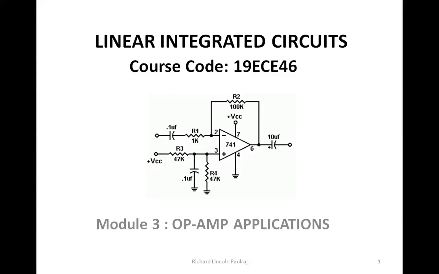We'll look into all those, and along with that, we'll also look into log and antilog amplifiers, and how they can be utilized in that configuration. With the help of an op-amp, we'll see how to use it as a voltage source, current source, precision rectifier, limiting circuit, and sample and hold circuit. I think you would have done sample and hold in your laboratories.